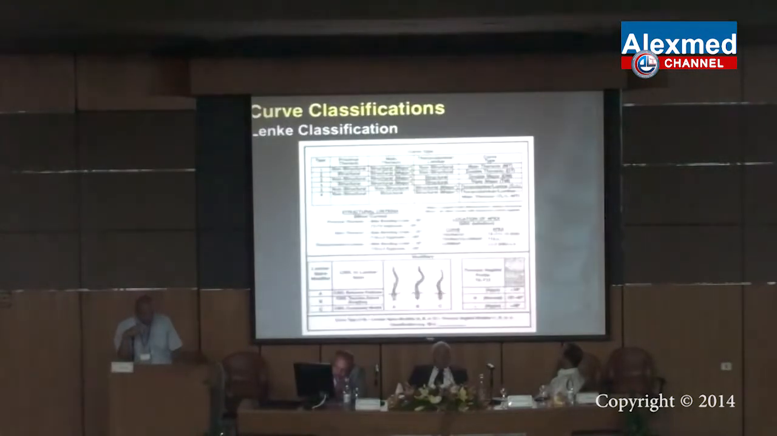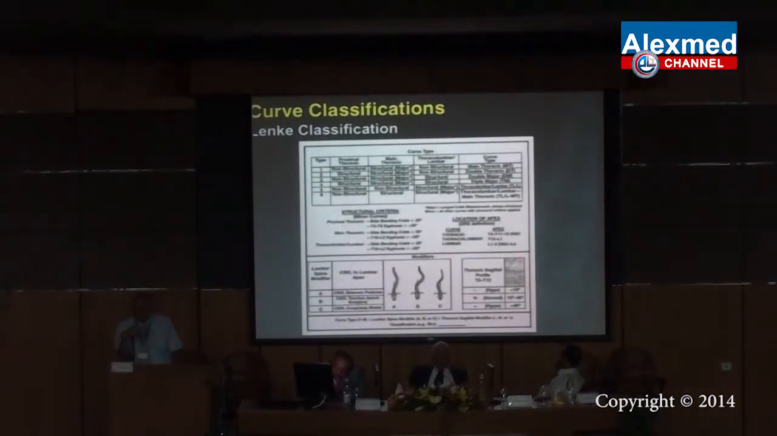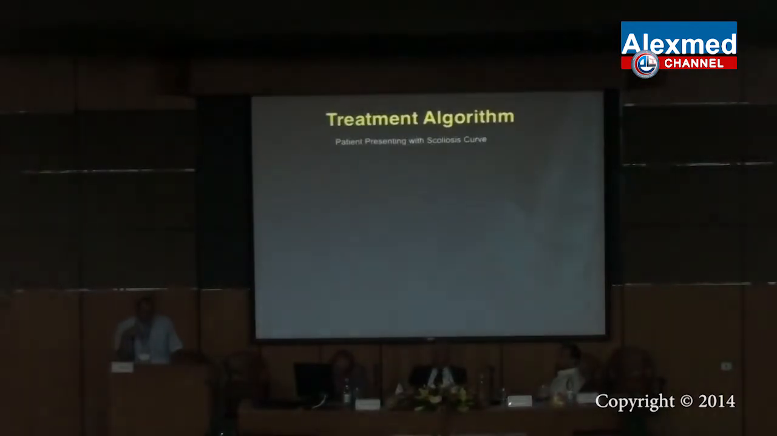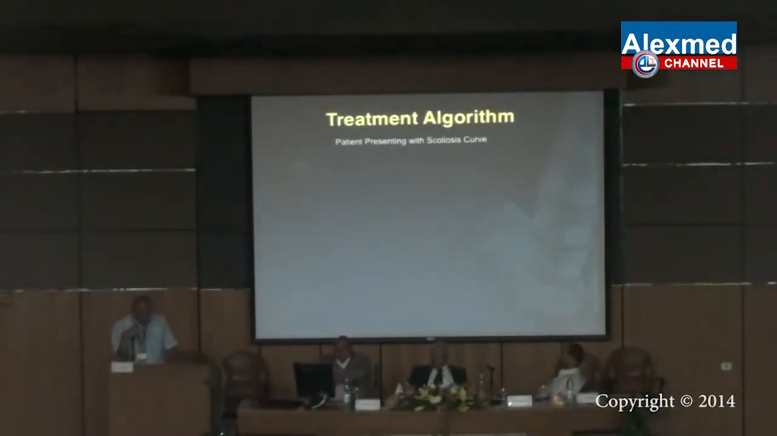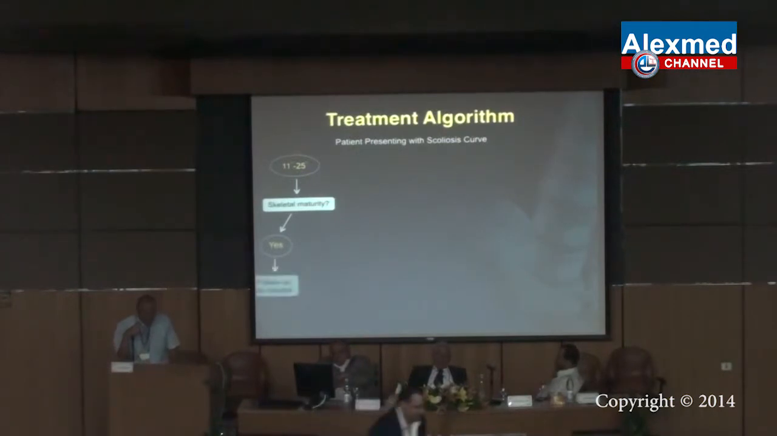Lenke's classification is the most commonly used classification in adolescent thoracic scoliosis, and it classifies the curves and analyzes them in more detail according to structural and non-structural curves, the sagittal balance, and the deviation. When we make a treatment algorithm for scoliosis, we assess according to the Cobb angle of the structural curve. For example, if the curve is less than 25 degrees